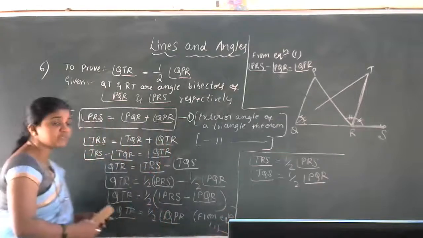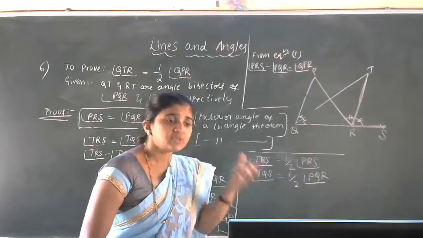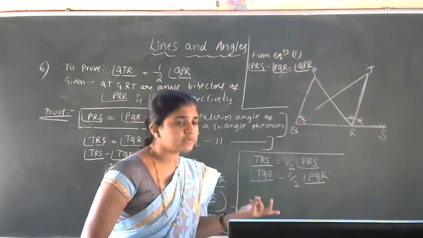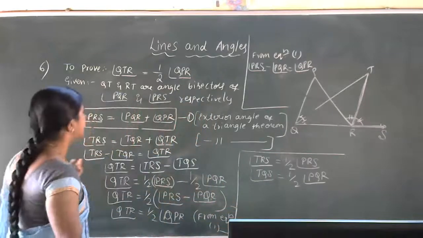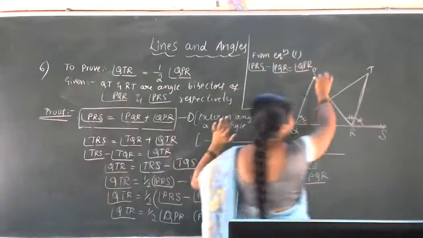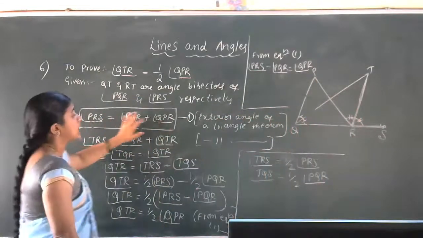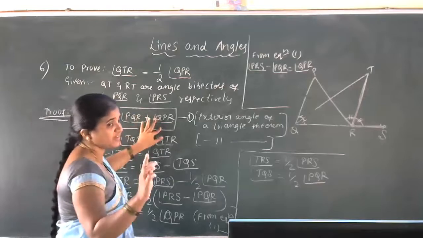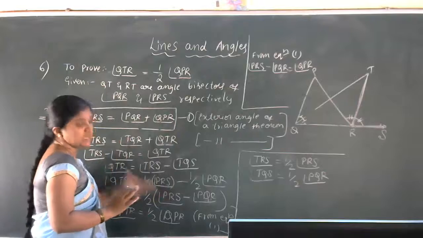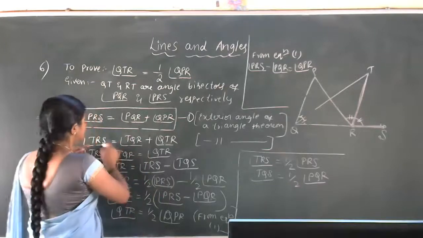Is that clear, students? The board is visible. Very simple. Equation 1 is there, so we have to use that equation, otherwise there is no need to write it, it is a waste of time. See here, it is a very simple problem actually. In the beginning, what we took was the exterior angle of triangle PQR: PRS is equal to PQR plus QPR. Call this equation number 1. Let us keep this result for safety purposes, as we may use it next.